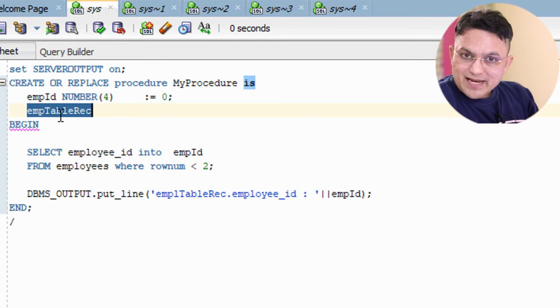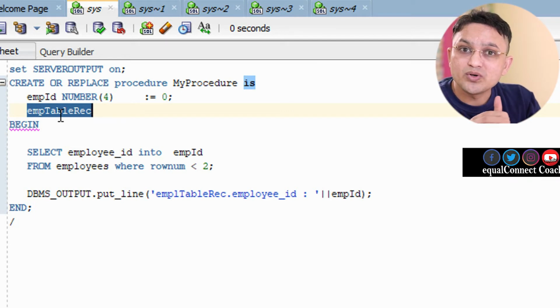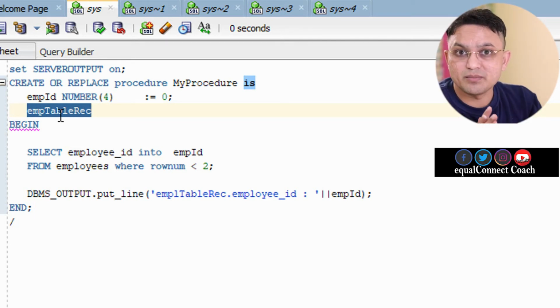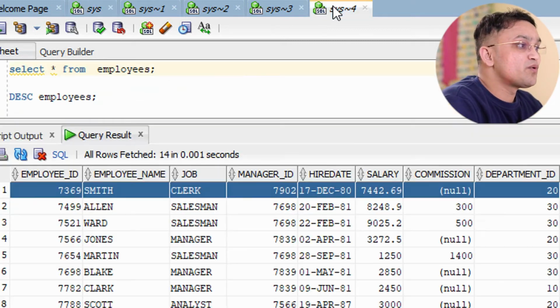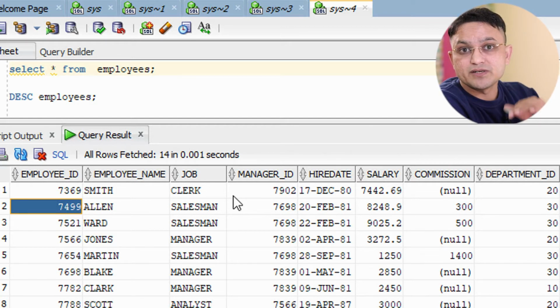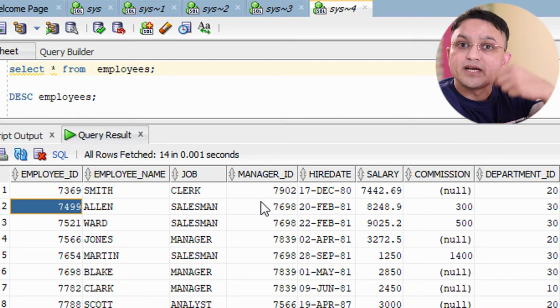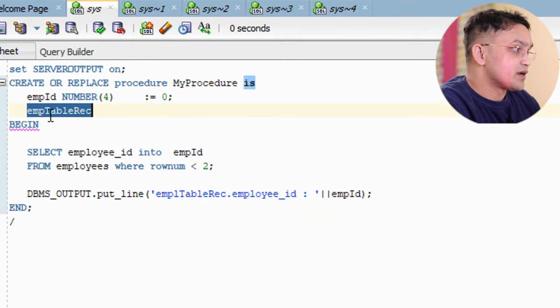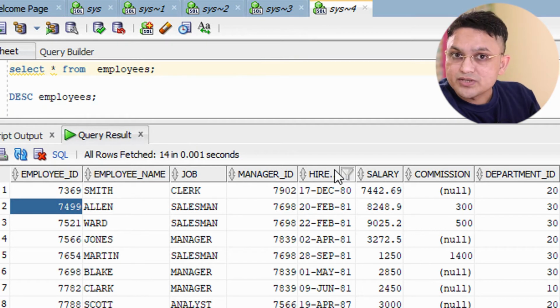So what exactly is a record? A record is a kind of variable in which I can declare multiple child variables, and it can hold multiple column values. Why do we require a record? Because I do not want to declare a separate variable for all these columns, since it would be a mess. Instead, we can declare only one variable of kind record, and this record will store all the columns' information.